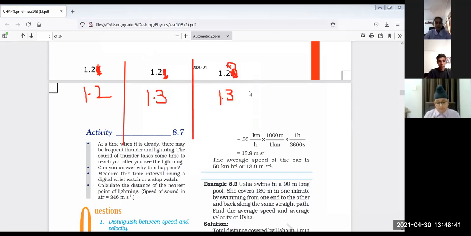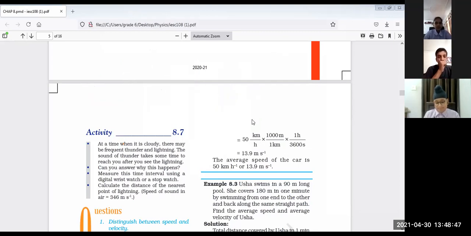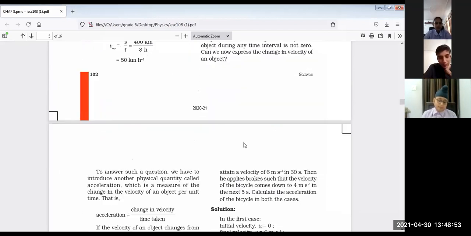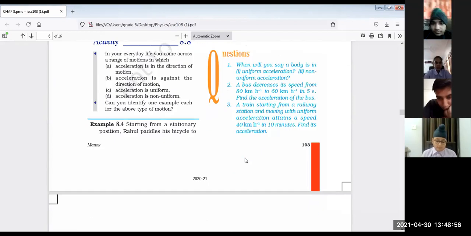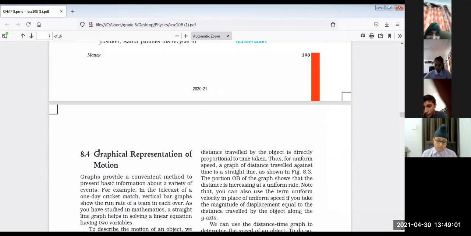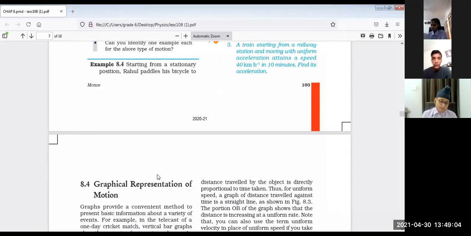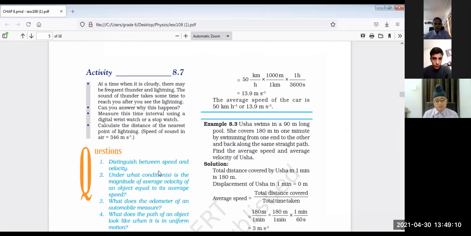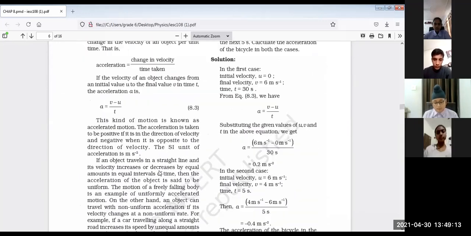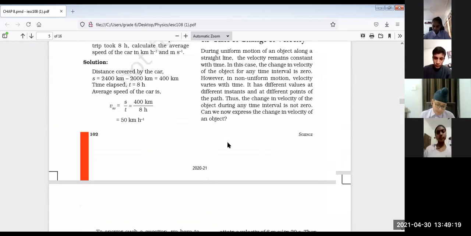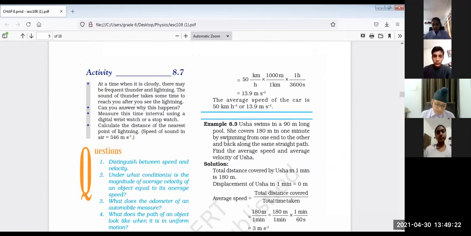Okay, जी. So there is one more question. You can try it yourself. Fine. We have covered till now till 103 page. We will go on with graphical representation, but later. Fine. In the next class, we are going to read the book portion till 103. एक बार आप revision करना इसकी. If you face any doubt, we are going to clear it in the next class. Fine. And then after that we will go with the graphs.